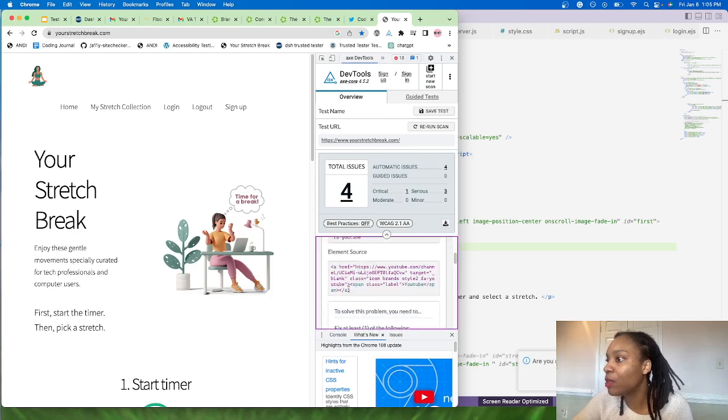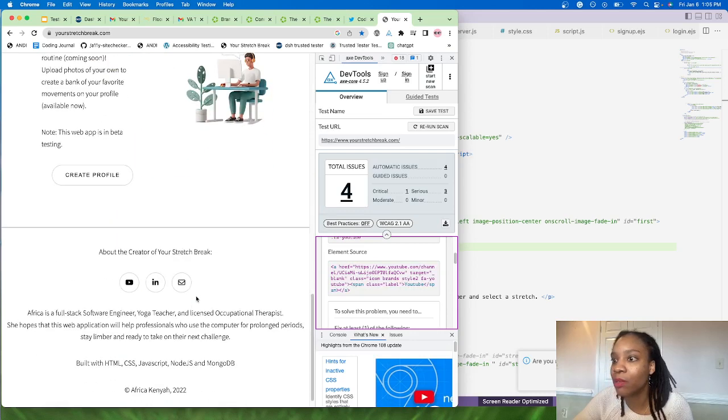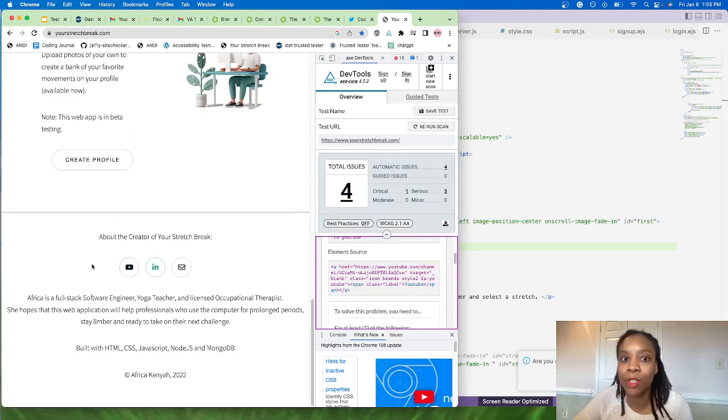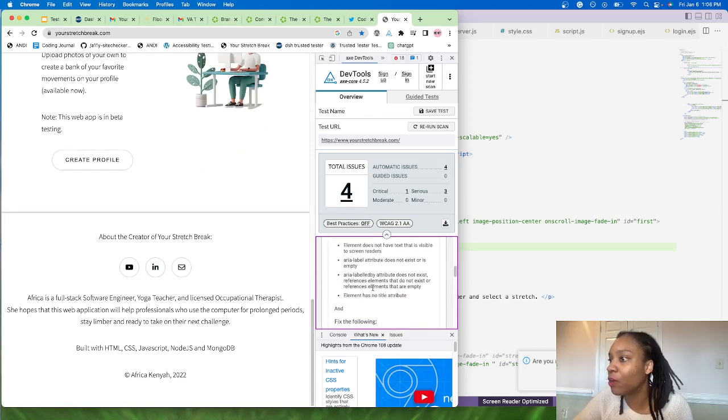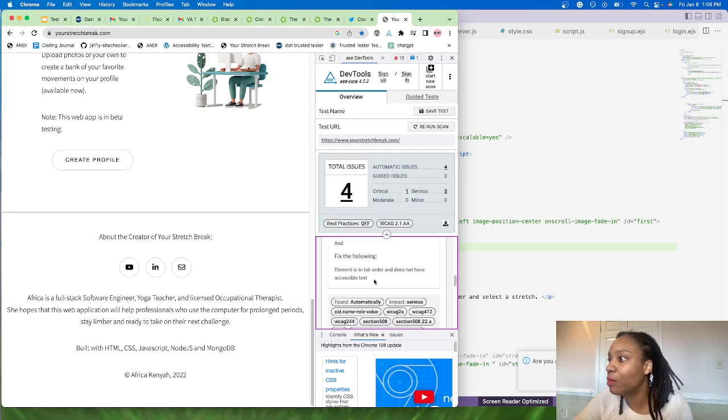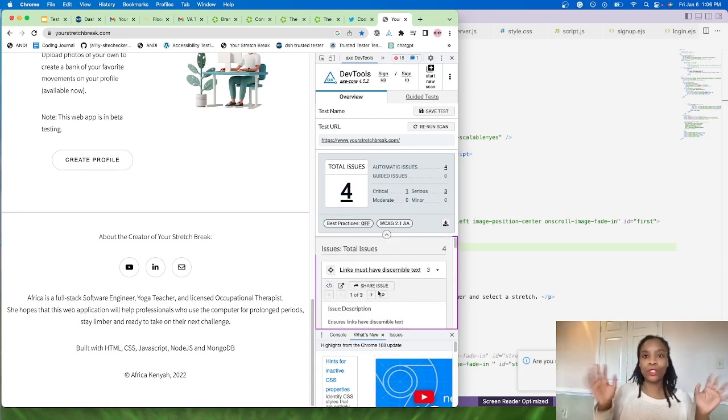Yep, here we are. So it's finding these and it's like, hey, these are the logos that we talked about here. They're not usable right now. So it's telling us how to fix it too, which is why I really like this one. Okay, and then our elements and tab order don't have accessible text. All right, cool. So this is just to show you that you have these tools that will literally show you